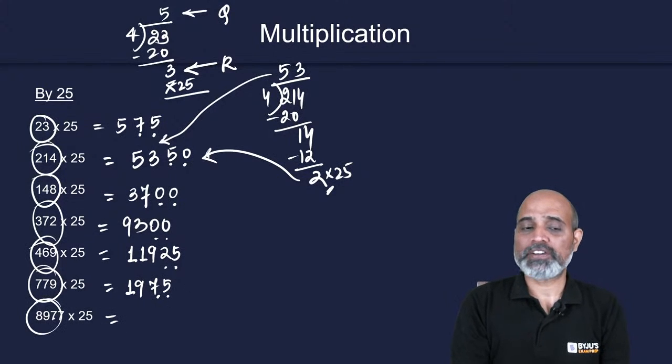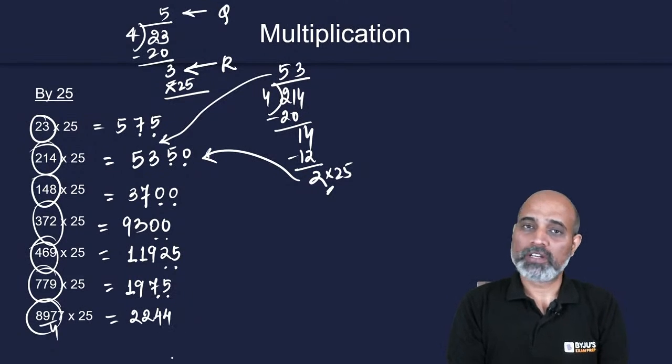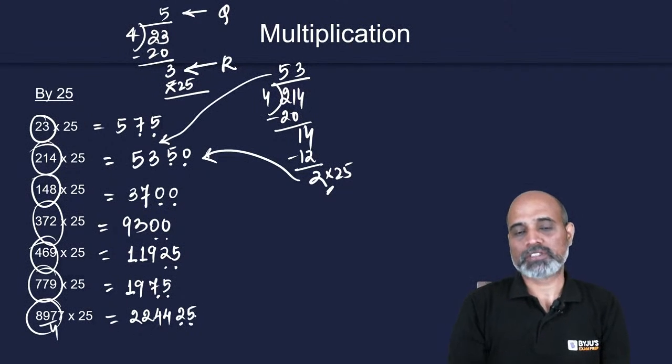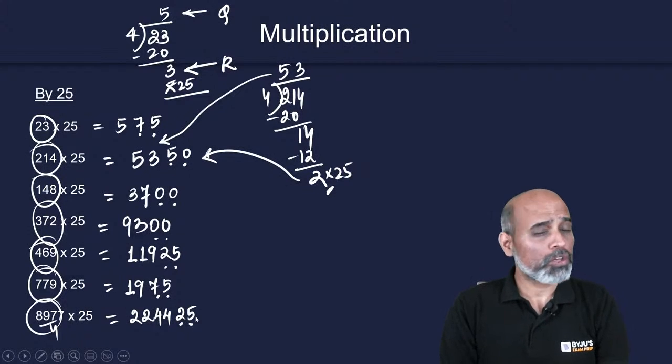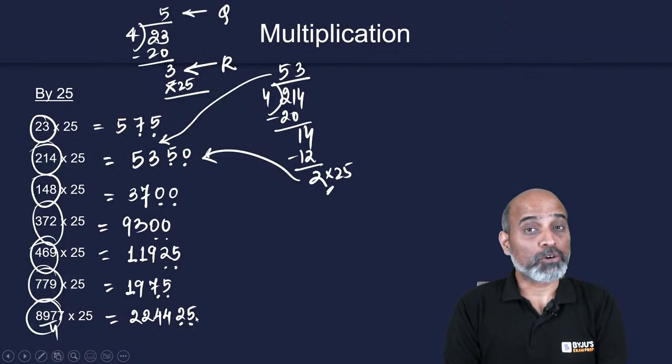8977 into 25. Divide this by 4. This gives 22, 44. Remainder is 1. 1 into 25 will give you the last 2 digits. Such an easy calculation. All you have to do is remember, practice a lot how to double a number,